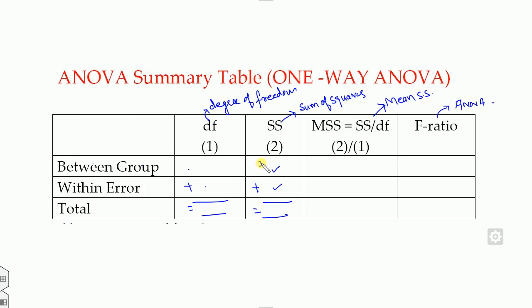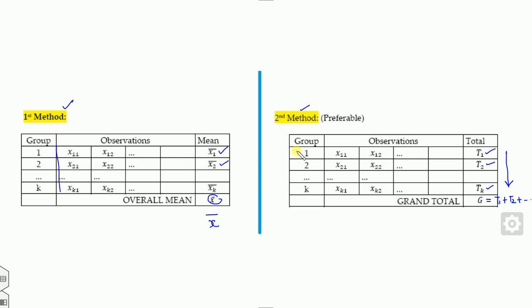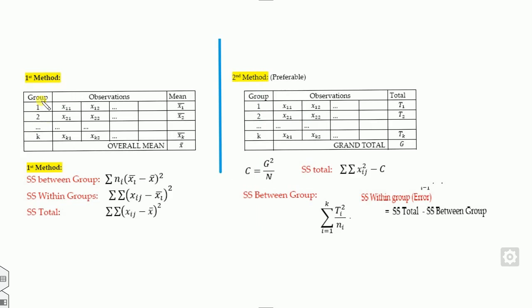So how is the sum of squares calculated, say A, B and C? Since we have discussed two approaches, there are two different formulas. The first formula corresponds to the first method. This is the between group, between 1, between 2, between 1 and 2, between 2 and 3, between 1 and 3 and so on. Here x1 bar is the first sample mean, the second sample mean is x2 bar, and the overall mean is x bar. So what is the variation of x1 bar with respect to the total mean? That is this. Similarly for x2 bar with respect to x bar, this is second. That's why this summation is there.